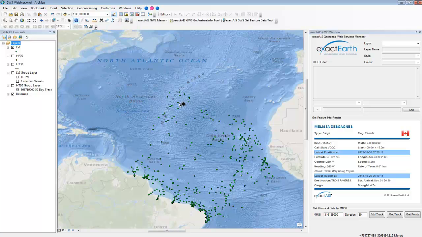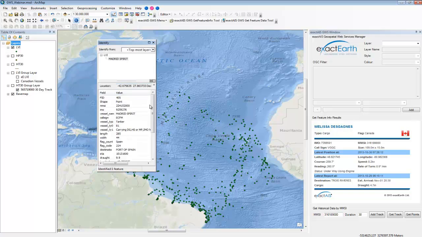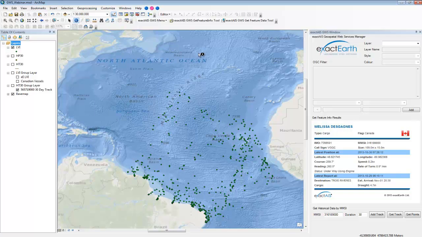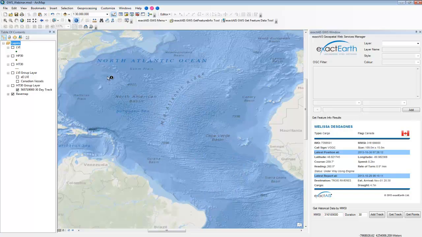And much like the Get Points and Get Track requests that we made before, we can see here we've just made a Get Points request to the LVI service, and we've returned a shapefile from our web feature service. We can go through and click on all of these with the Identify tool and find out the information about them, when the points were, how fast the vessel was going at the time, and etc. So that concludes our demo inside of ArcGIS's desktop environment, ArcMap.